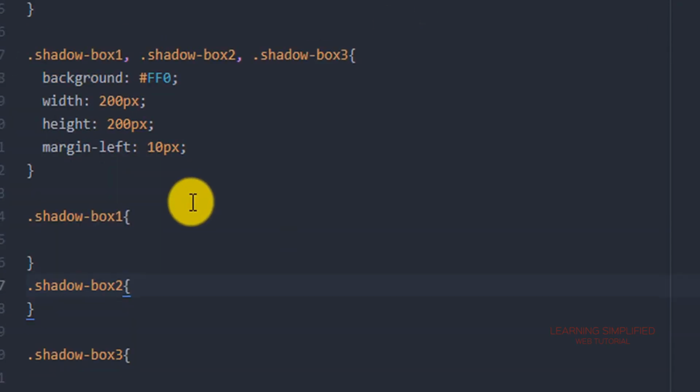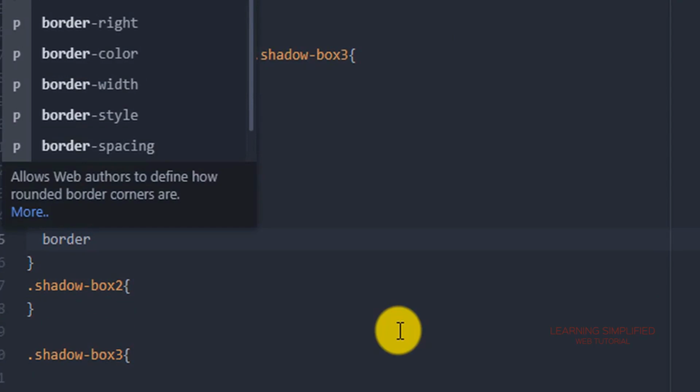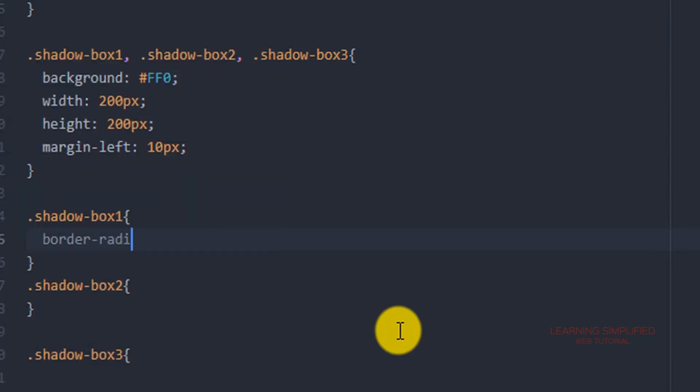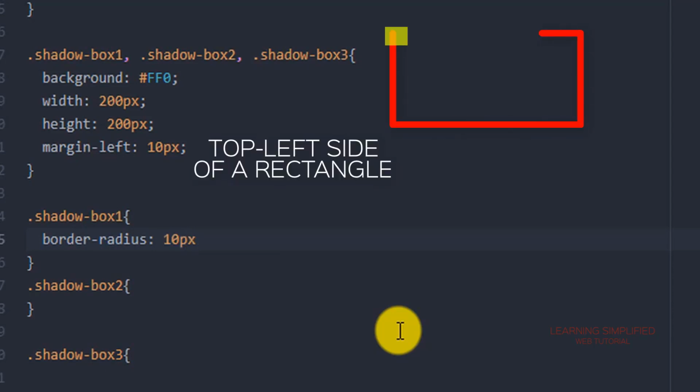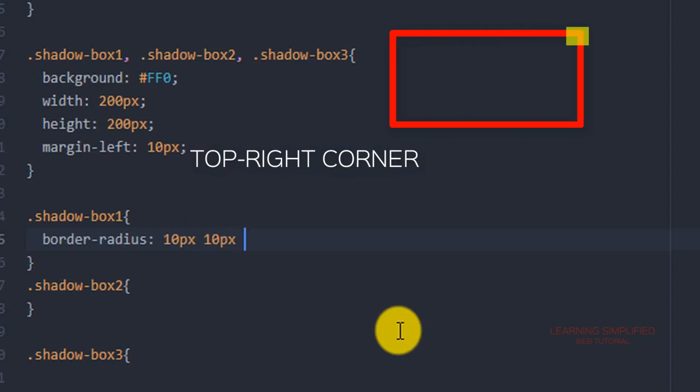Now in attributing the border radius property, the first thing that we are going to do is create this one, border radius. A border radius value actually accepts 4 parameters. This is the first parameter, and this is the top left corner. The second value is at the top right corner.